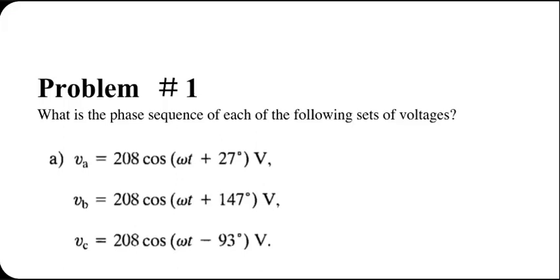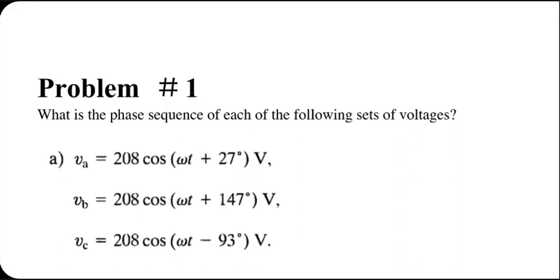Okay, before going back to the analysis of YY system, let me show you a solved example on determining the phase sequence. Small va, small vb, small vc is what I am calling small van, small vbn, small vcn. N is missing here, but that's the same thing. N is understood. You are given the time dependent